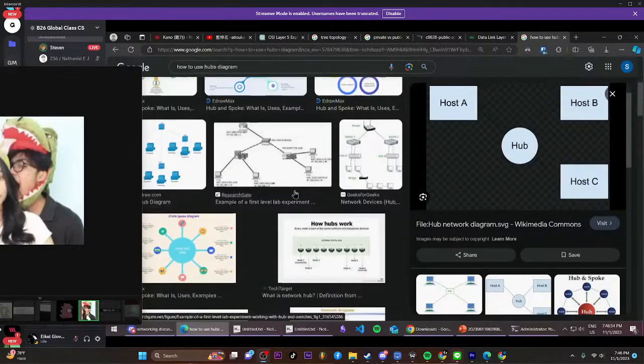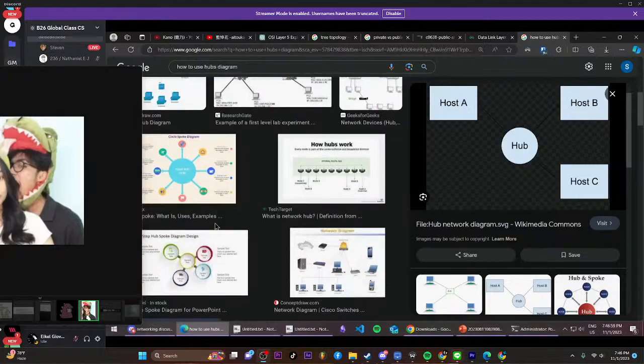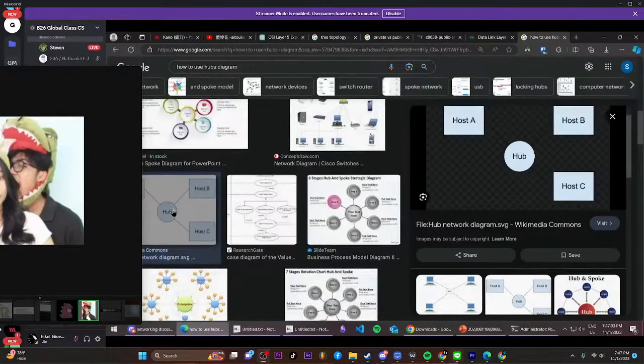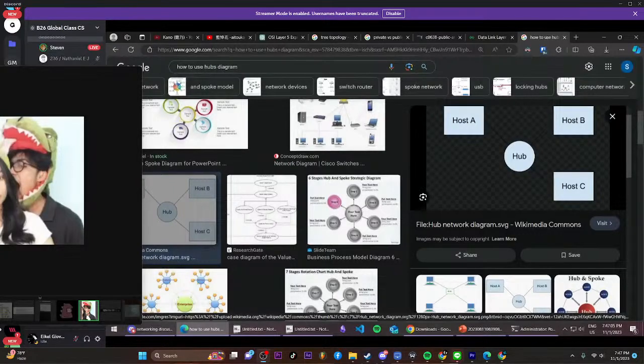If it sees a voltage, it repeats it through all the different ports. So if there's 3 computers here, right? Host A sends something to the hub, and then the hub forwards this to every single port there is. Kesini sama kesini. So basically, every single packet atau frame that is sent, itu turns into a broadcast. And that's not good. Soalnya